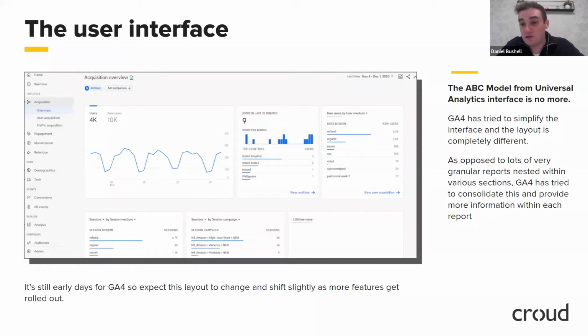So the first thing is the user interface. The old acquisition, behavior, conversion model, or the ABC model that Universal Analytics is based on, is not there anymore. There isn't really an acronym we can use for this one off the top of my head, but from what we can tell, instead of having an interface structure where you've got a report nested within a report, nested within another report, nested within another report, that can be really annoying and time consuming to get through,